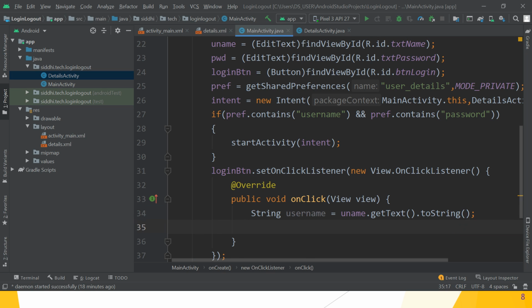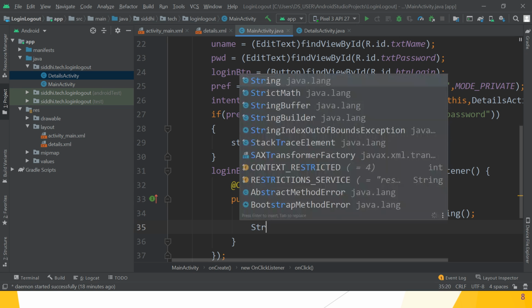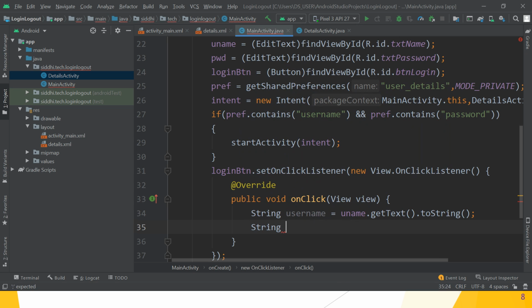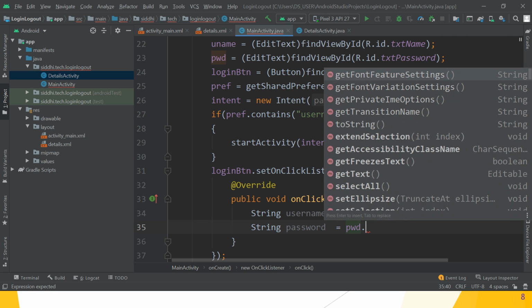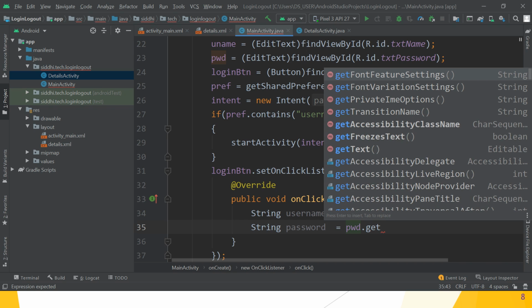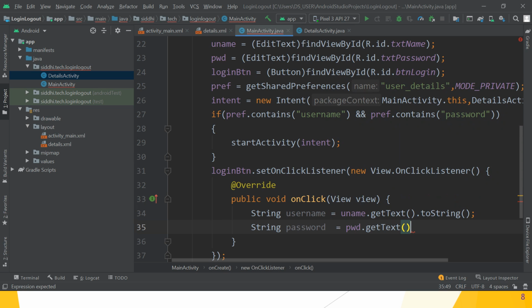Similarly, password. So String password is equal to pw.getText().toString(), choose the getText method, then toString, that is converted into a string. So take the password from that password edit text box and save it into the password string.